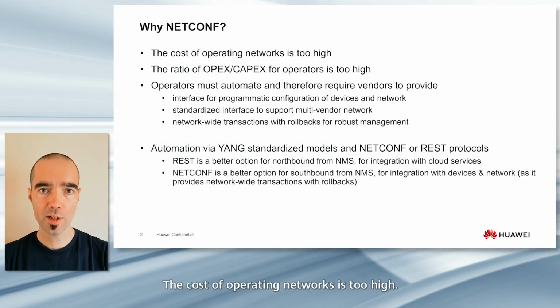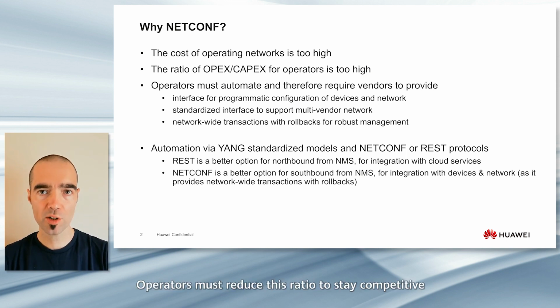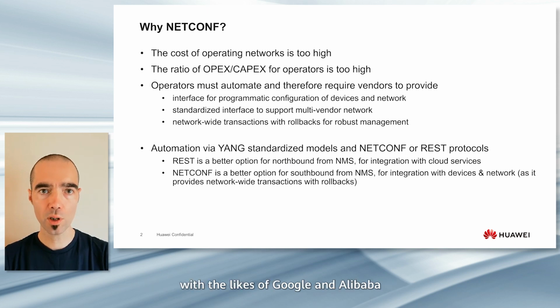The cost of operating networks is too high. The current ratio of OpEx to CapEx for operators is greater than 5 to 1. Operators must reduce this ratio to stay competitive with the likes of Google and Alibaba by simplifying and automating the